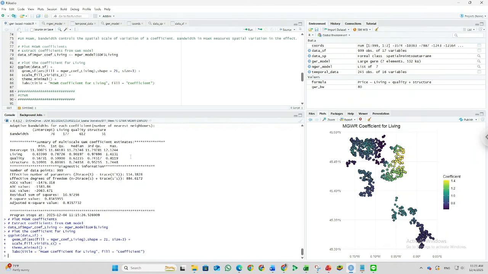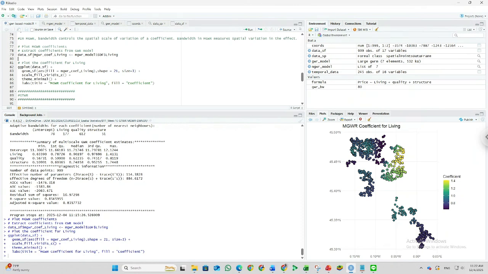So maybe if you want to, you can also plot another coefficient, maybe for the structure and also the quality. The edit is the same, but you need to first add the coefficient of the quality and also add the coefficient for the structure to our original dataset.